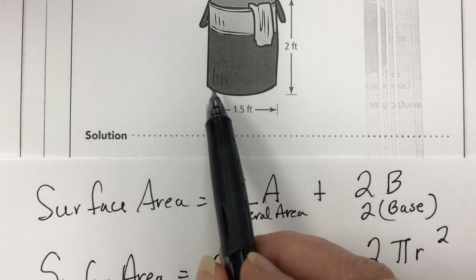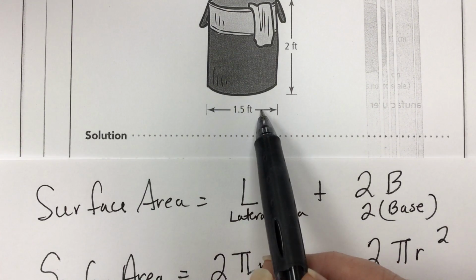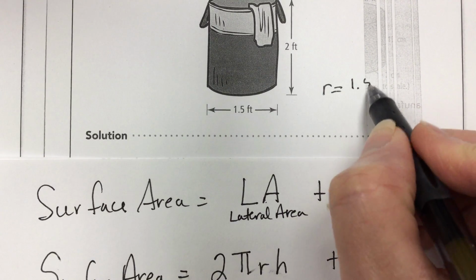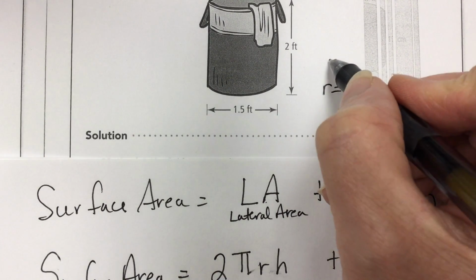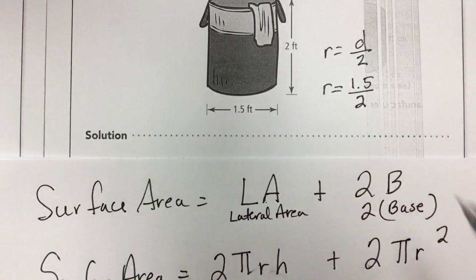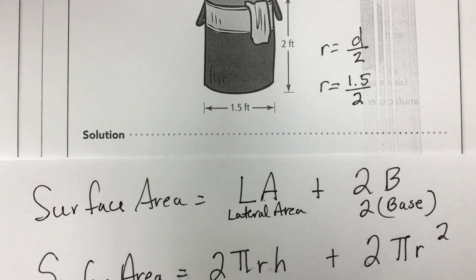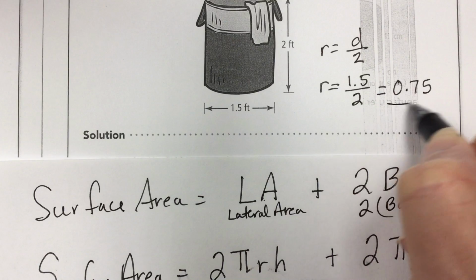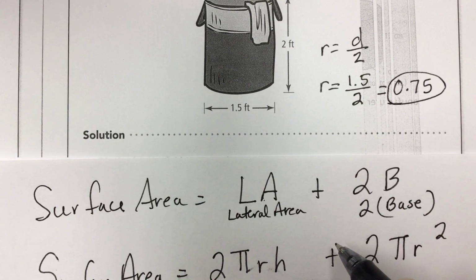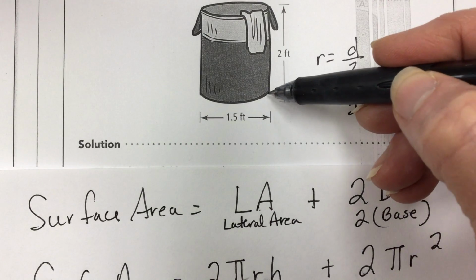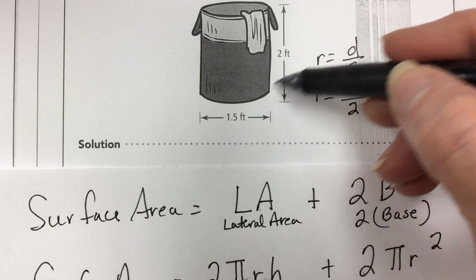So I see that I have a diameter of 1.5. So your radius is equal to 1.5 divided by 2. Remember, a radius is equal to the diameter divided by 2. Your radius is half the length of your diameter. So if your diameter is 1.5, then 1.5 divided by 2 is 0.75. So every time I see r in my formula, I will use 0.75. Now my height, from the highest point to the lowest point of the hamper, 90 degrees straight down, is 2